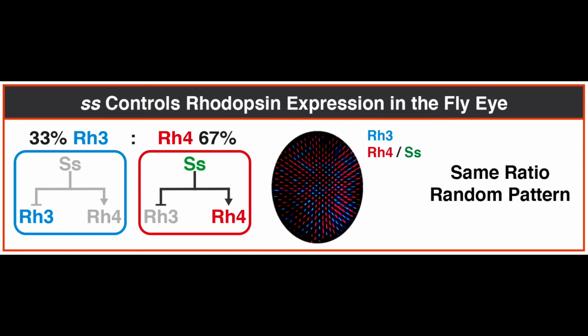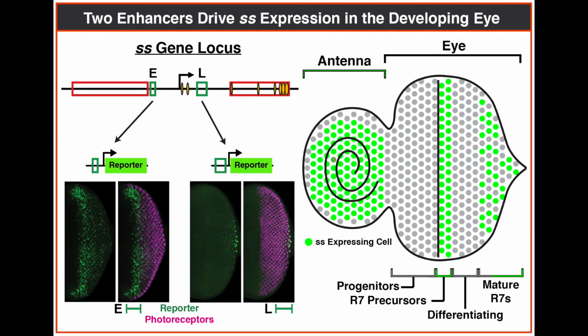While the outcome of this stochastic decision is observed in the adult eye, the choice occurs during the larval stage of fly development. Here's a schematic representation of the larval eye antennal imaginal disc. In the antenna, spineless is broadly expressed, making it a good internal control for our experiments. The eye has a more complex pattern of spineless expression. This tissue experiences a wave of differentiation from anterior to posterior, allowing us to observe multiple stages of eye development